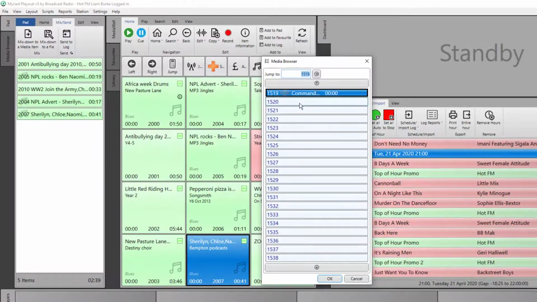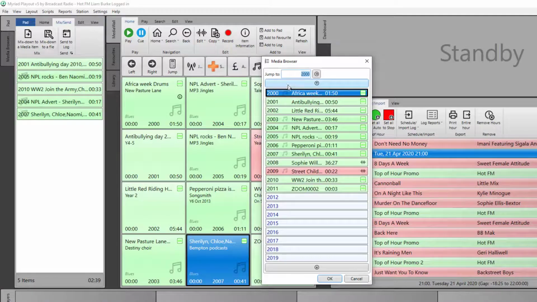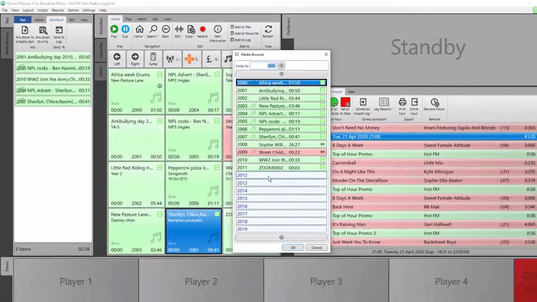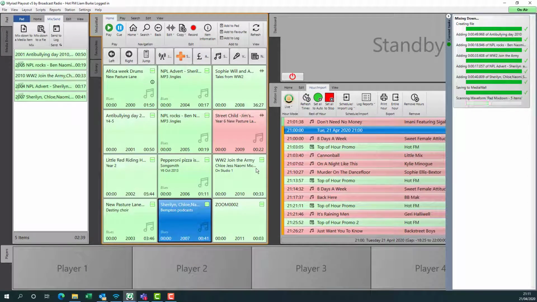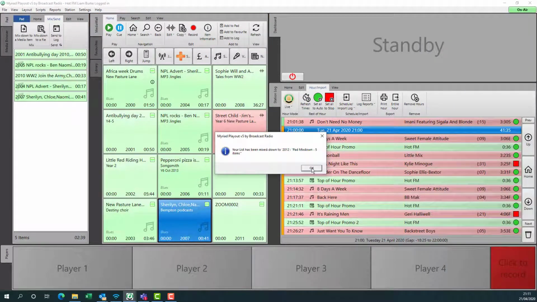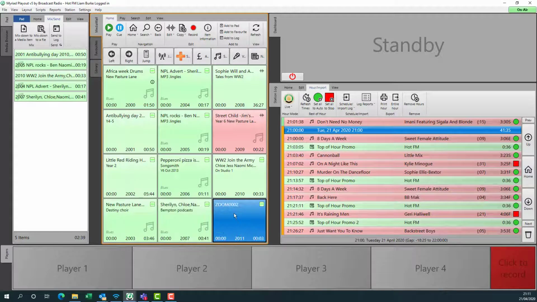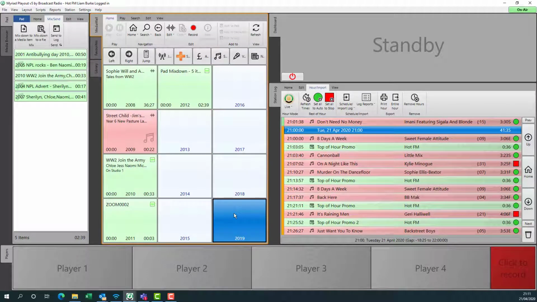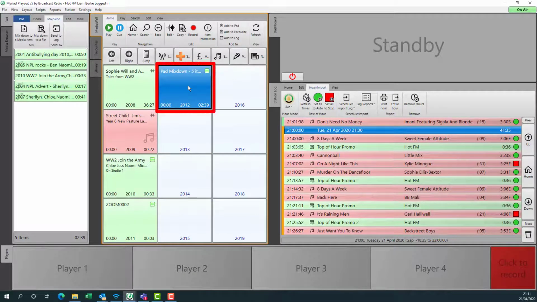You have to choose where you want it to go. I'm going to make this one go to somewhere in the 2000 range. My next empty media item is 2012, so let's put it there. Okay, so let's just go across one. There's our mix down piece. As you can see, it's a single media item that is 2 minutes and 39 seconds long. If I drag it into a player,